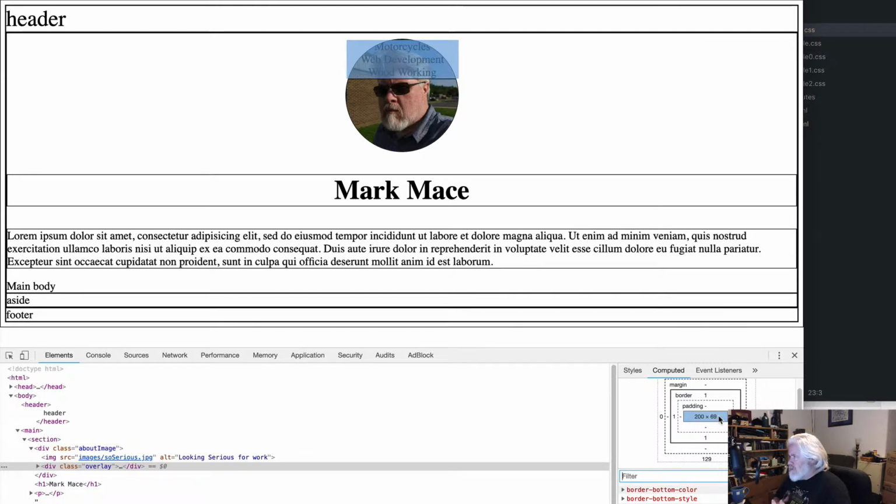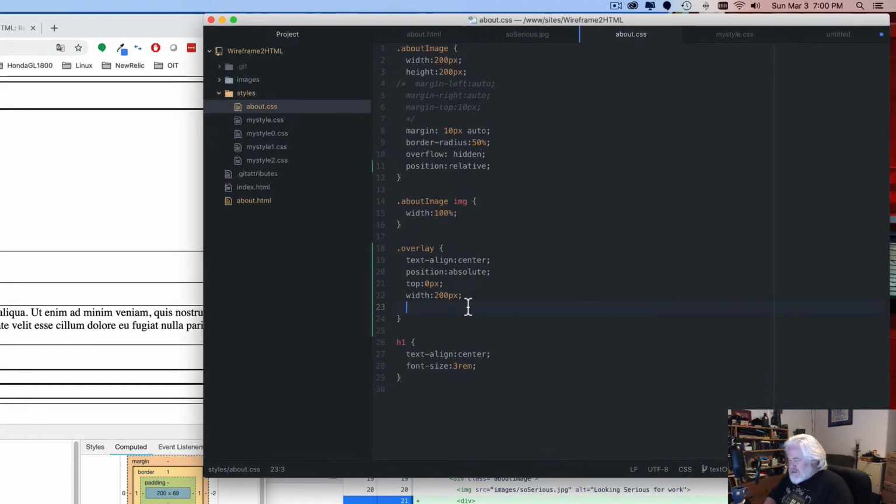The container div is 200, so that is 130 left over, which is 65. So what we'll need is 65 pixels of padding on the top. So I'm going to say padding on the top of